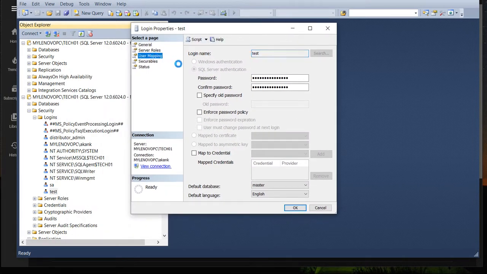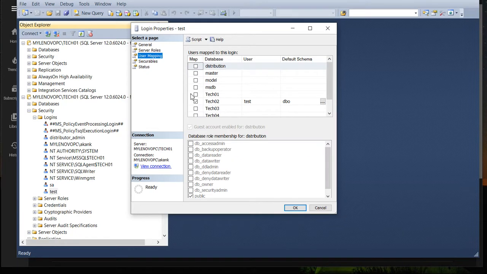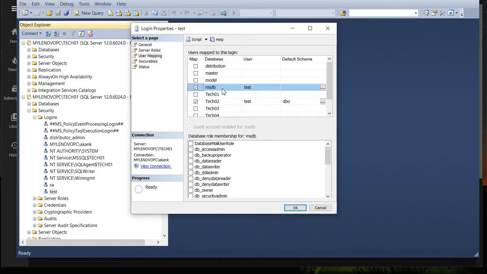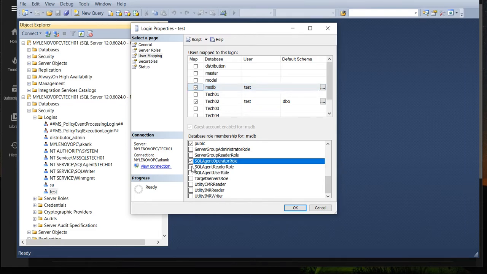Here, if you go to User Mapping, as we are all aware, the system database MSDB handles SQL Server Agent. I will create one complete video about all the system databases and update it. Okay, so this is the MSDB. You need to check it, and come down here to these three roles, and just focus here: